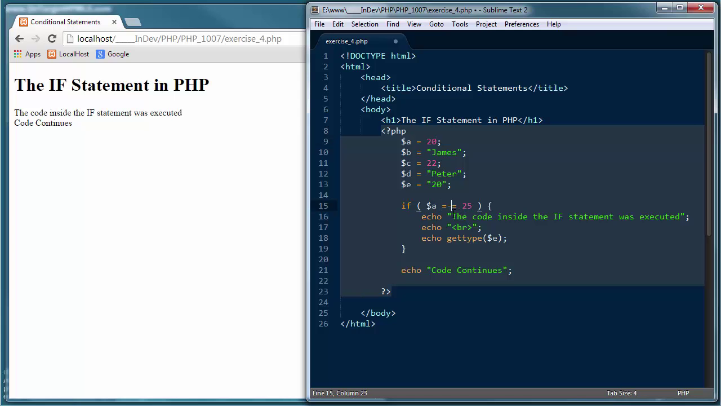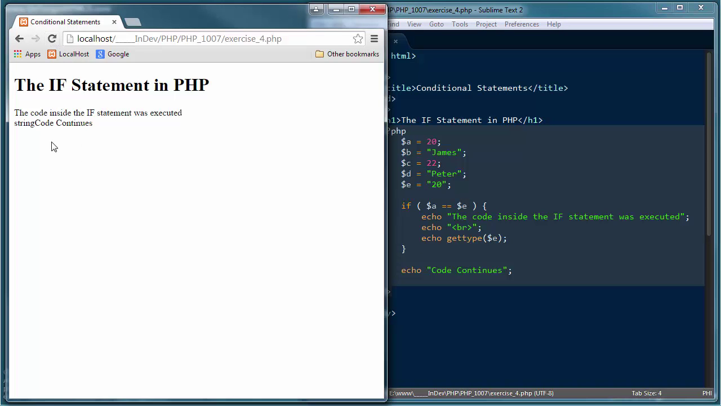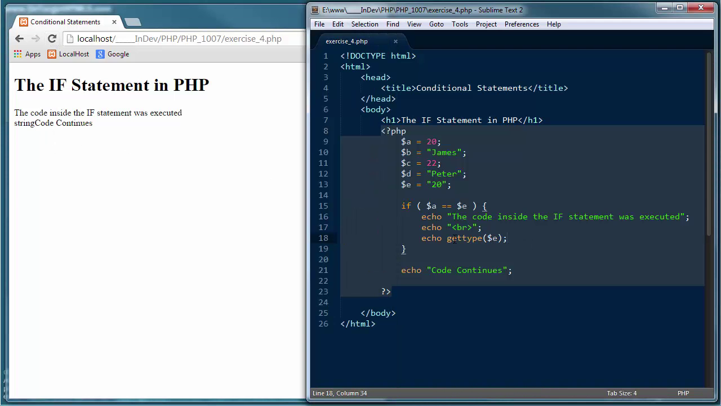I'm going to put my double equal signs. Again, my comparison operator is A equal to E. So I'm looking at the value of A, which is 20, and the value of E, which is 20. And I'm asking, is A equal to E? I'm going to save that change, refresh our browser window, and you'll see, oops, hang on, let me put another